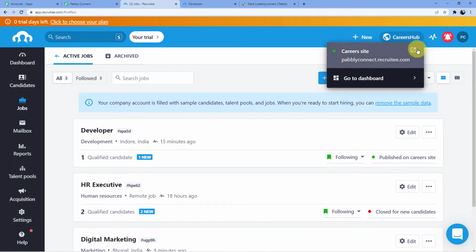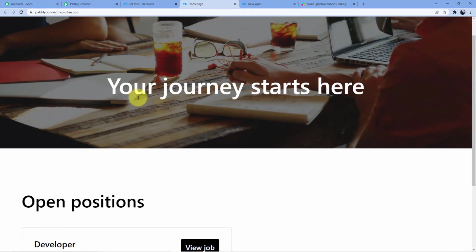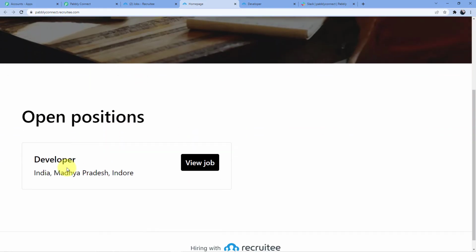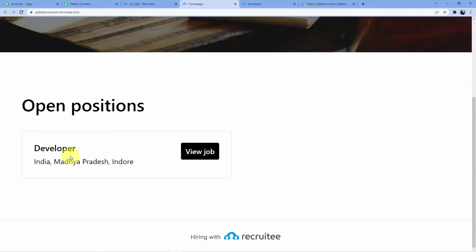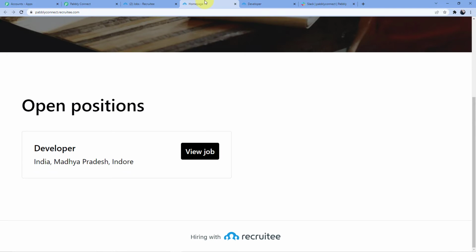Then you can see this is the career hub and this is the career site. Now you can see this is the site of the company which is offering you a job. Now here you can see open position is for developer. Developer is here because the only open position in the company is for developer, and that is why it was showing with green dot. If you would have observed it in my account of Recruitee, the developer part was with green dot,